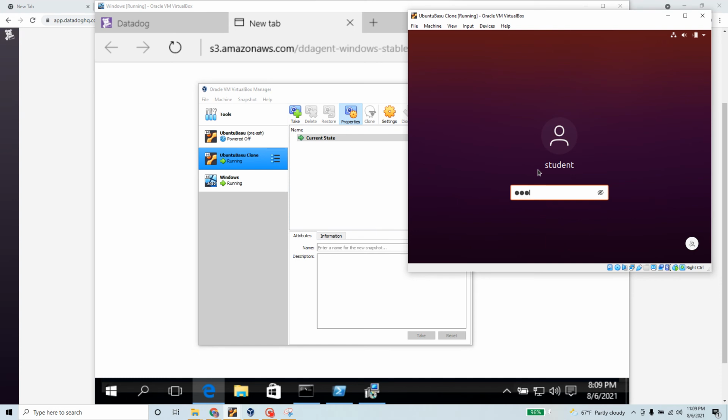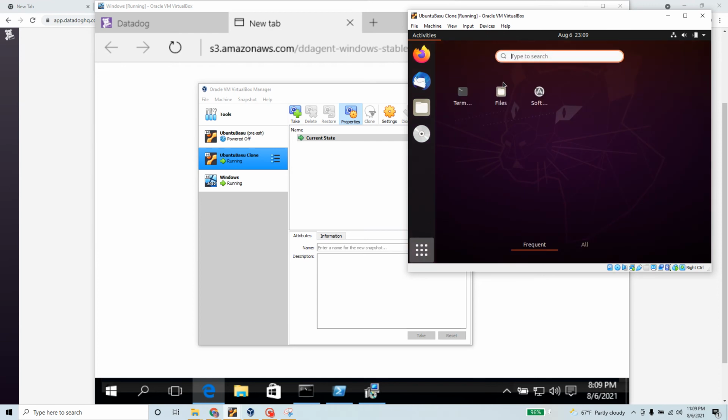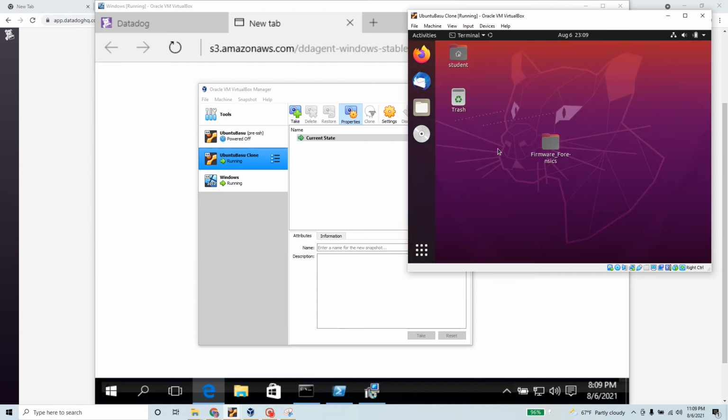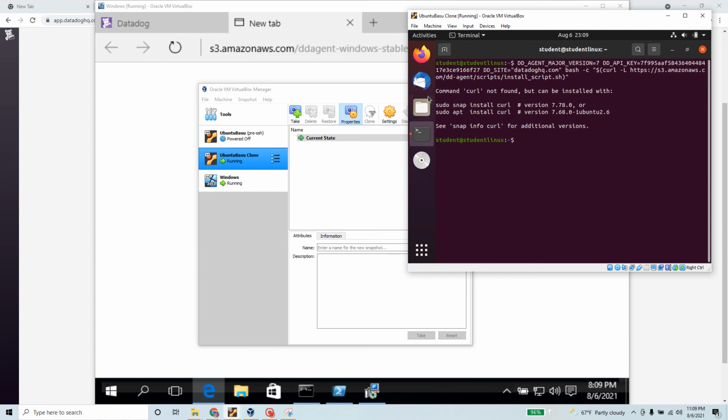Go to the student account, and then I'll go to the terminal. Once I'm in the terminal, I'm just going to run this command. And what, curl not found? So for curl not found, I can do